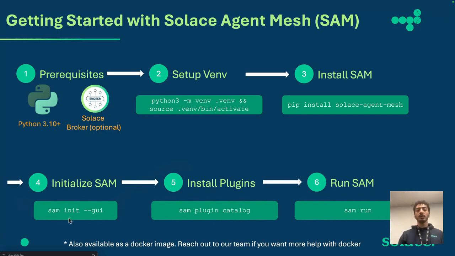So you would initialize it, and once you have the initialization, you basically get the basic web UI interface and the orchestrator. Any other agents or interfaces that you would want, you have to add afterwards. You could either create your own gateway or agent from scratch, or you can just use one of our plugins. Also for the plugins, we have another GUI dashboard, which you can use to install them with a click of a button. I will again go through them. And at the end, you just do SAM run, and yep, your system will be up and running.